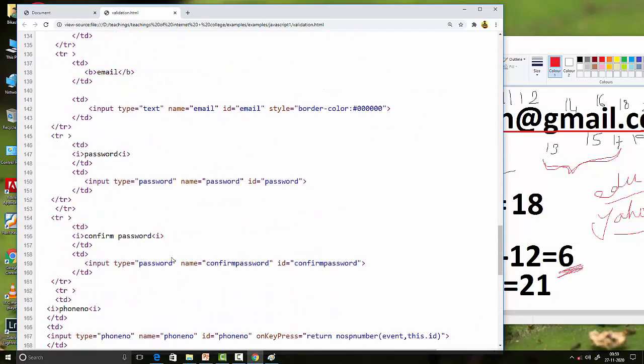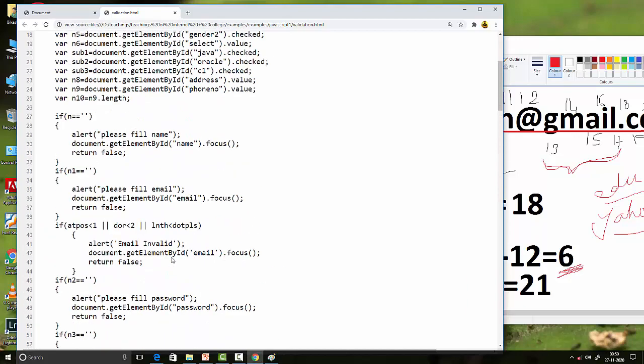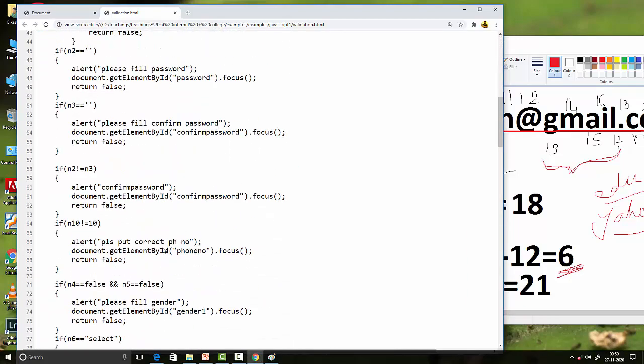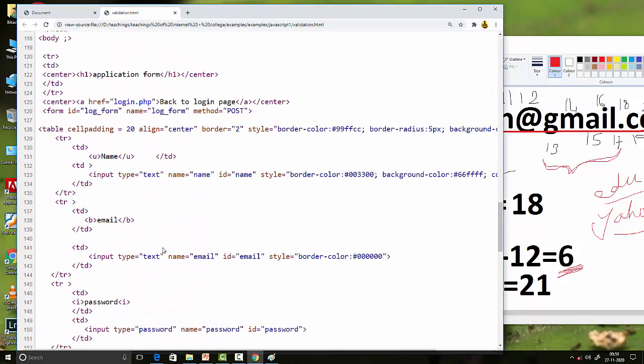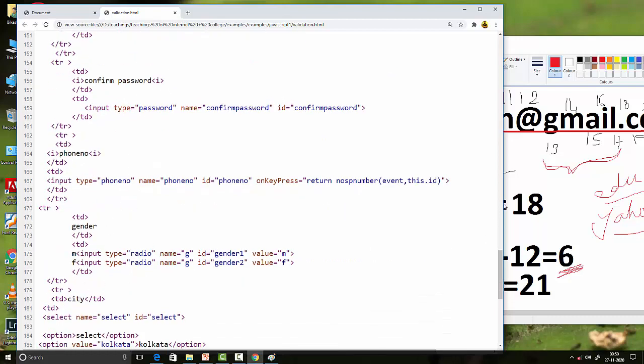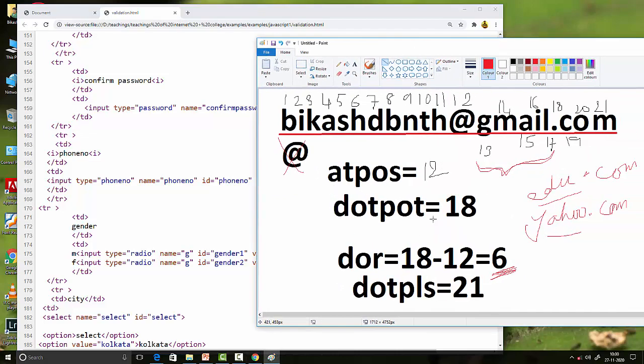This function will go to the top, and then the other functions will be called. So go back and see the things repeatedly so that you can understand, and I will upload this one also.